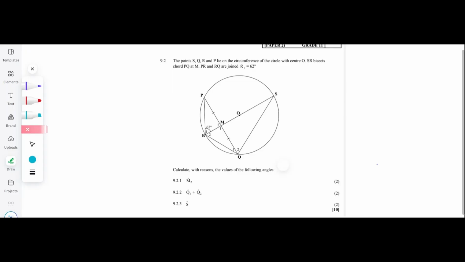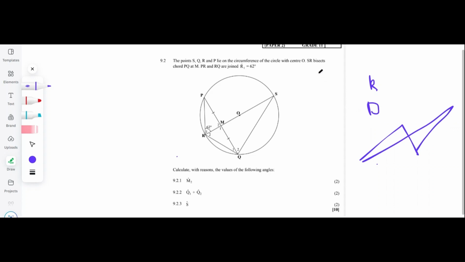Now we have 9.2. The points S, Q, R, and P lie on the circumference of the circle with center O. SR bisects chord PQ at M. PR and RQ are joined. R1 equals 62 degrees. Now, the very first thing that you want to do is, if there's any mention of the center, write down a few of the ideas and concepts that we associate with a center. Okay, so we think of radii, we think of diameters, we think of angle at center twice as much as angle at circumference,